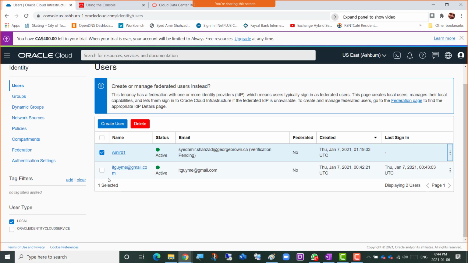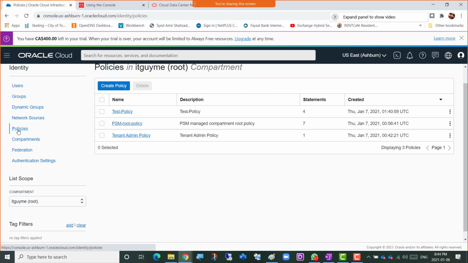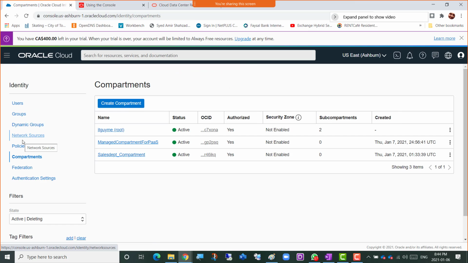So other than that, we get to create some policies, which is kind of straightforward, how you want to create a policy for what you want. That is also clear. And compartments, we still have to create a virtual machine, virtual instance. So we will be coming back here for that in identity once we create the virtual machine. After we do that, we're going to go for a virtual machine to create one, and then come back here and check if we can move resources to a compartment, because there are so many policies that we can create here. But you can see that the identity area is not that big,